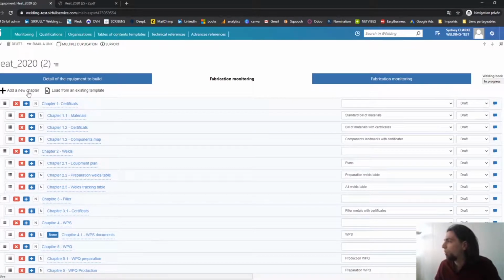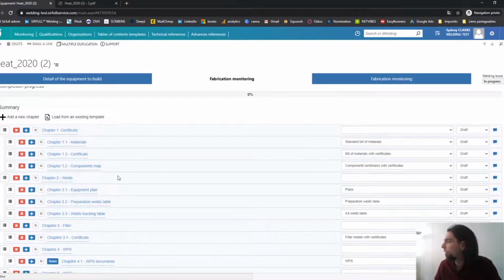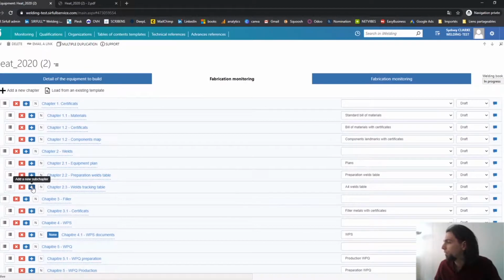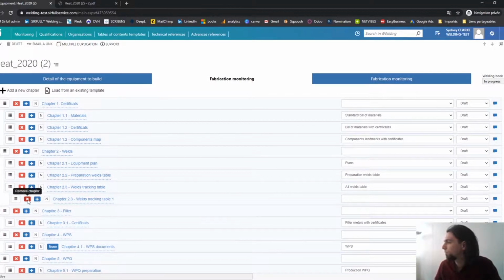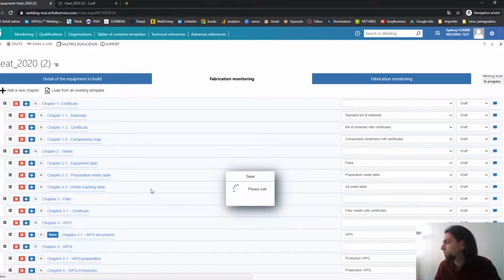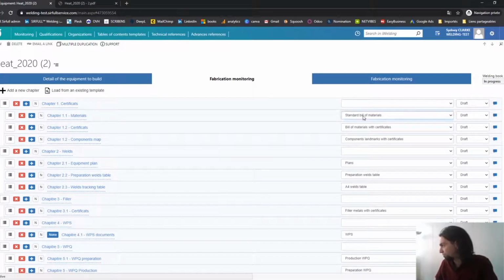You add a chapter, you reuse an existing template coming from your software, you duplicate like this, remove a chapter, and this table of contents